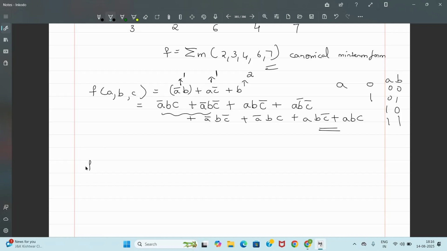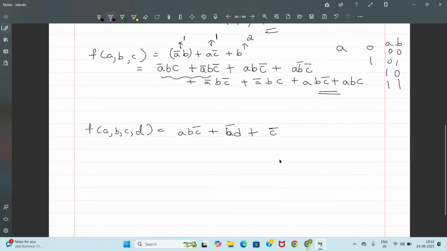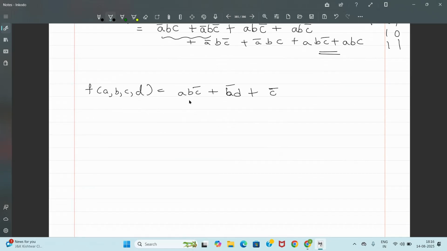If you want, I can take a 4 variable example and repeat it once. Let's take a 4 variable function: A, B, C bar plus B bar D plus C bar. Okay. So now if I look at the first term,